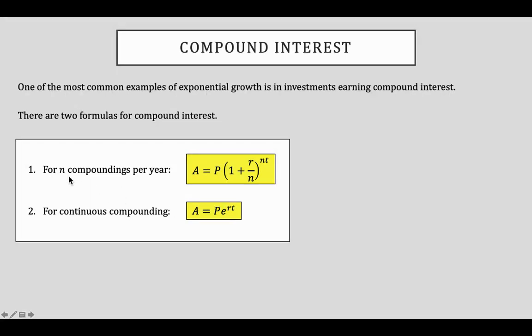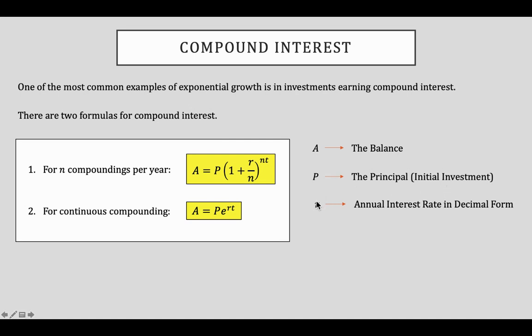All right. So N refers to the number of times per year that your interest is compounded. How many times do you earn interest in that year? We have A is equal to P times 1 plus R over N, all raised to the N times T. In this formula, A represents the balance in the account. The amount of money that you have is equal to P, the principal. That is the initial investment that you make,